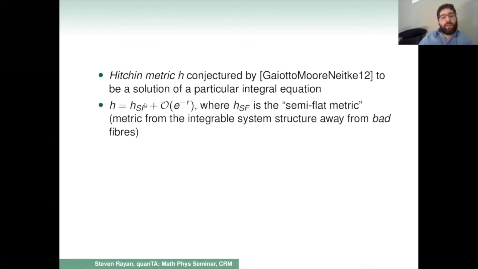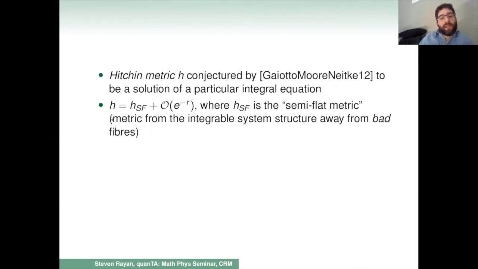And by studying this formulation perturbatively, they see that the Hitchin metric is related to a simpler hyperkähler metric, the so-called semi-flat metric, which appears in the work of Dan Freed and others. This is a metric that you can define on the total space of an integrable system. So it's related to the special Kähler geometry of an integrable system. So the Hitchin metric is equal to the semi-flat metric plus some corrections that die exponentially, some so-called instanton corrections.